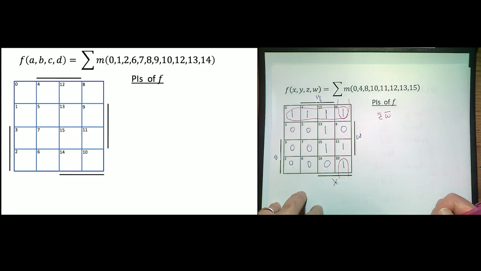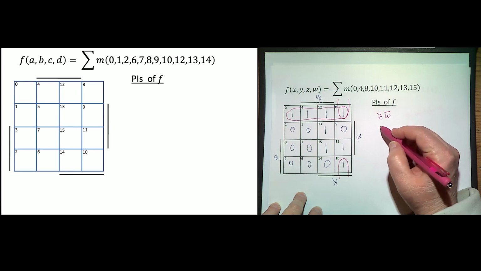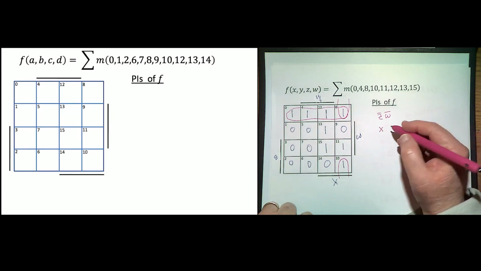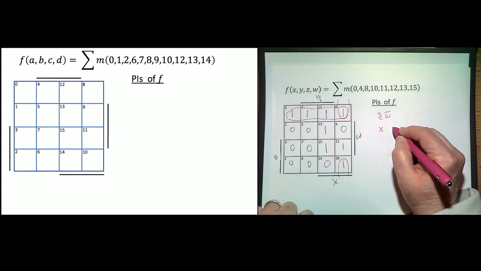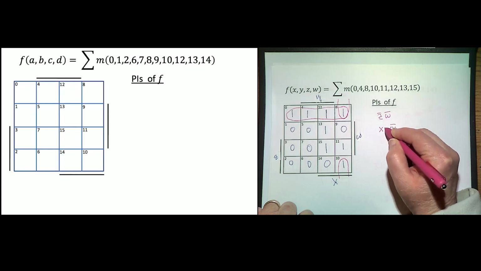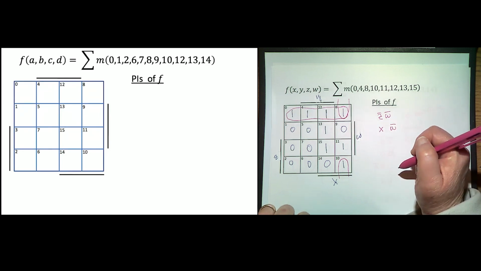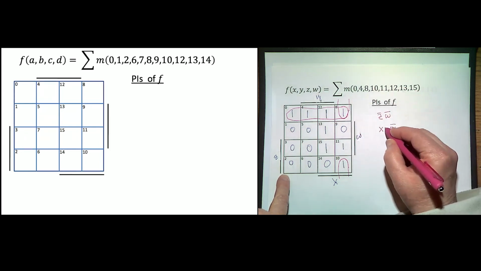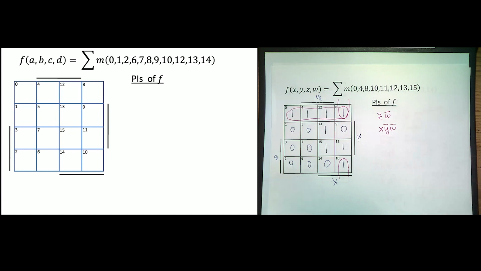And that one is x, w bar, now there's no z, right? Because it's partly in z, part outside. Right, okay.